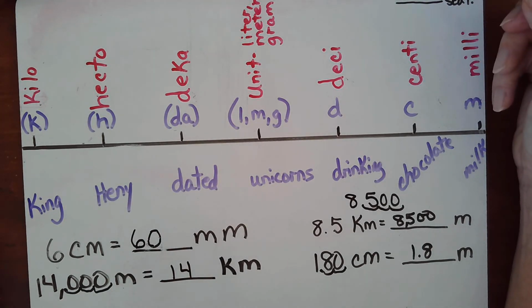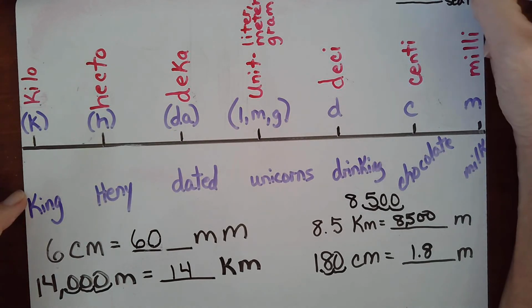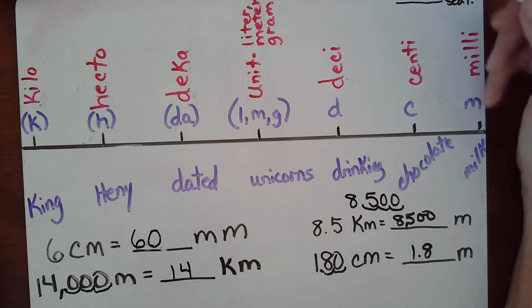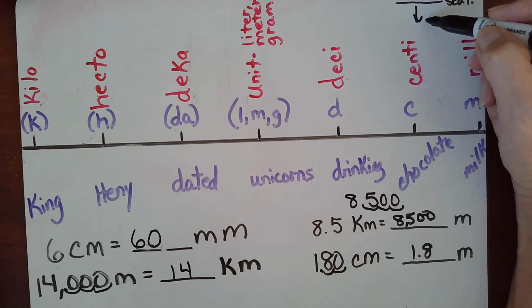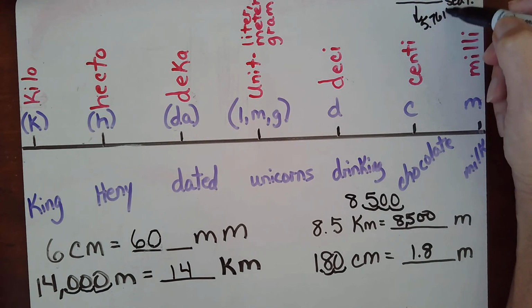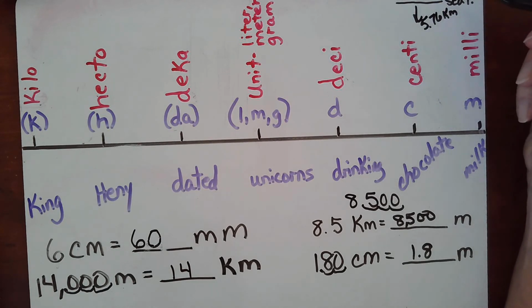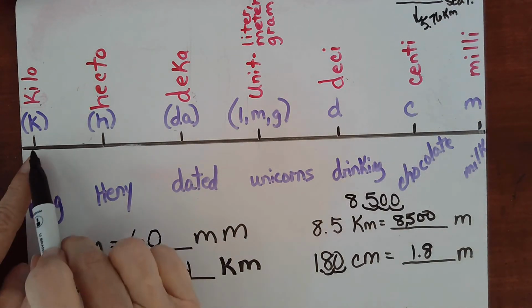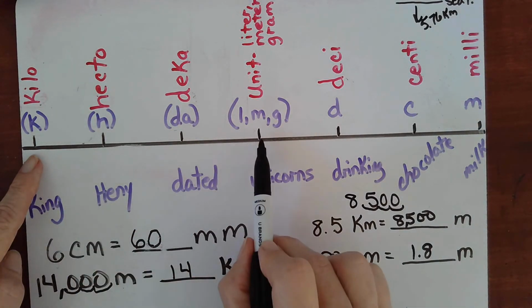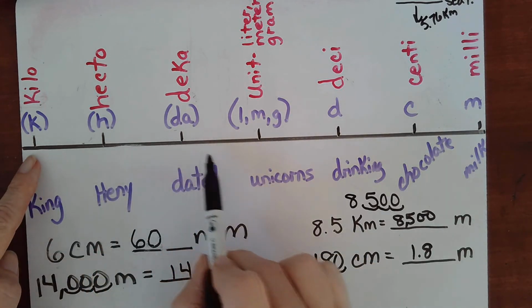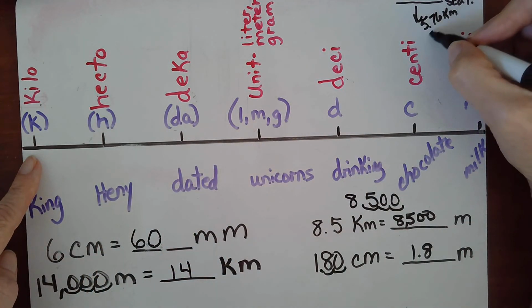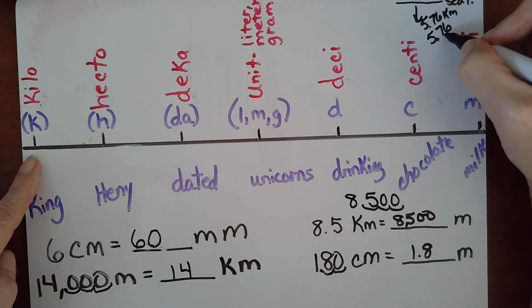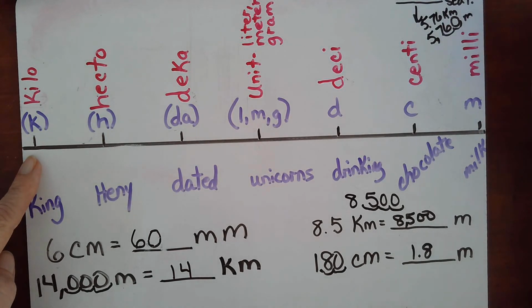And it says, I'm sorry, not feet, meters. And it says it is 5.76 kilometers below sea level. And the question is, what's the total height in meters? So we need to convert this to meters. So here's kilometers, and we're going to meters. So 1, 2, 3. I'll write this a little bit bigger here. 1, 2, 3. So it's 5,760 meters